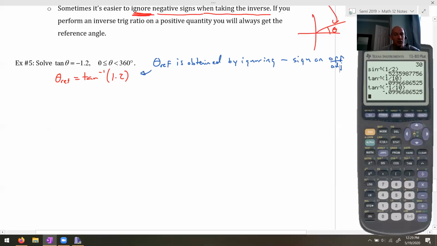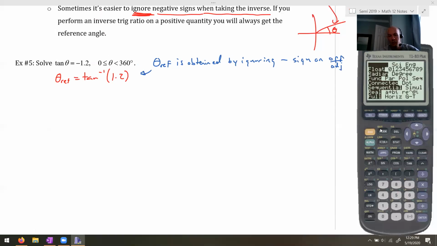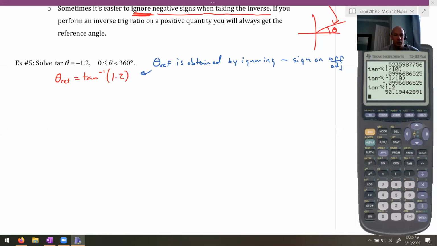Now, I can see here that this is talking about degrees, so the context of my question is to have everything in degree mode. So I'm going to go to my calculator. I'm going to make sure I put it in degree mode, otherwise I'm going to get real confused. I'm going to go inverse tan of 1.2. When I do this, I get 50.19